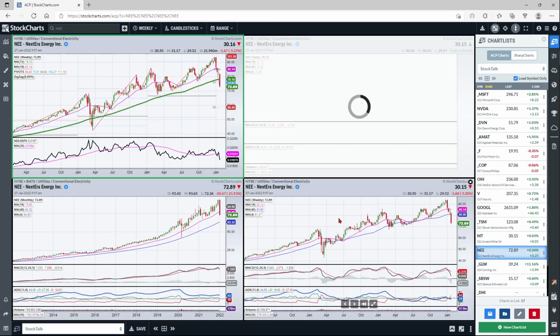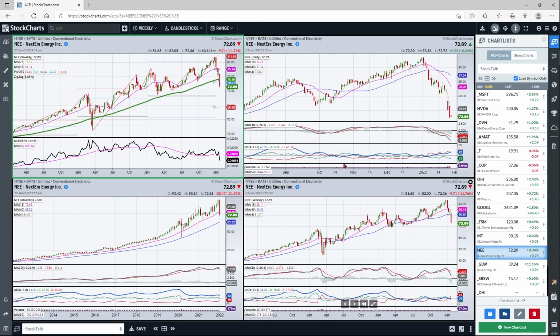Let's look at NextEra. I think this is kind of important because I'm seeing a mix. There's definitely a mix. There's utility stocks that have been strong and have been trending and working higher over the course of the last year or two that are showing signs of some sellers stepping in, obviously based on the environment, maybe rising rate environment, that type of thing. So a lot of selling taking place here and a lot of damage being done.